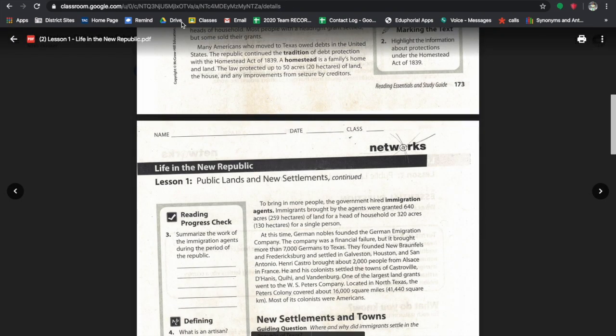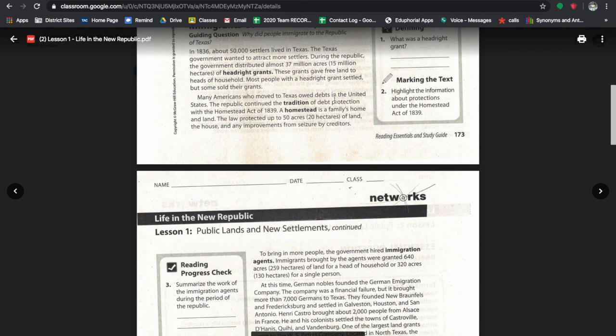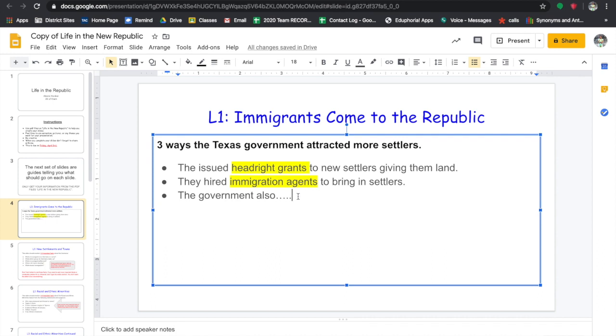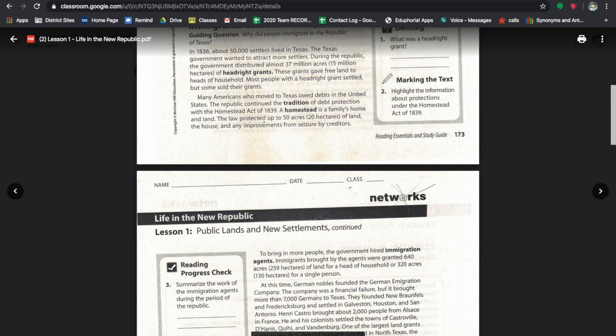And then the last way that they brought people in, if I go back up, it says a lot of people owe debt, but they had debt protection with the Homestead Act of 1839. So I'm going to put it up here. The government, I'm going to keep the sentence starter. The government provided debt protection with the Homestead Act of 1839 to protect settlers from, let's see what it protected them from. Protect settlers from